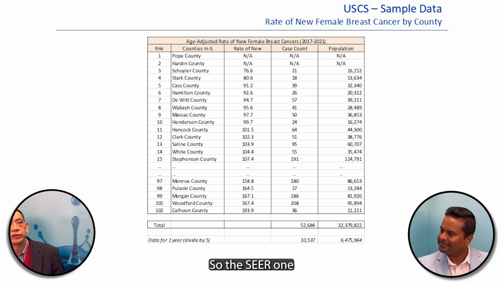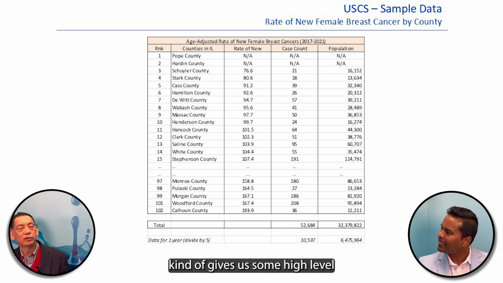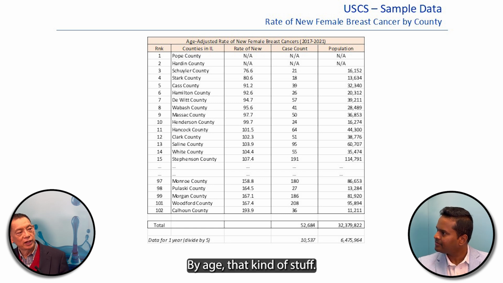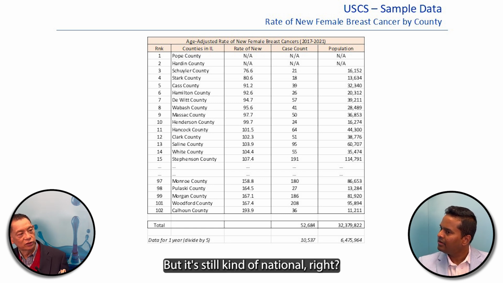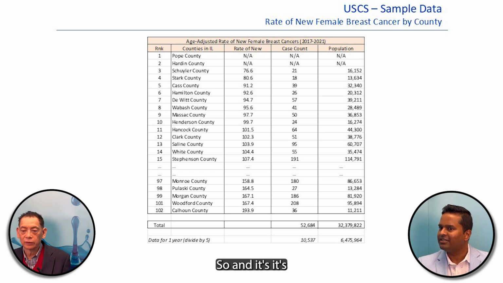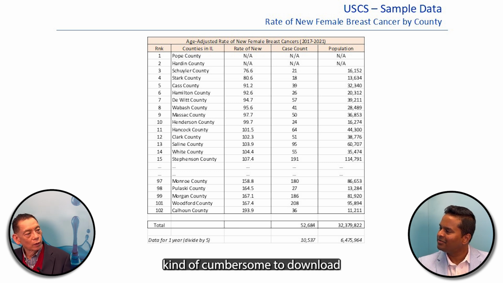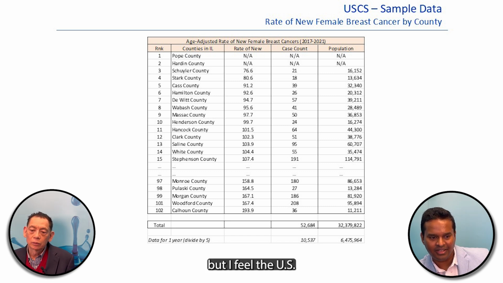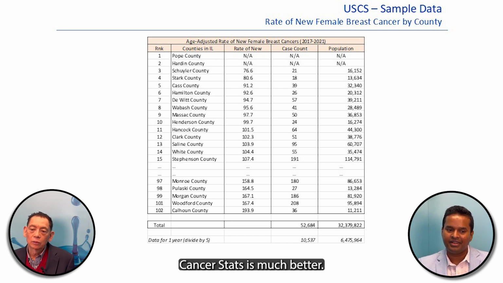So US stats. The SEER one gives us some high level national data, but then broken out by ethnicity, by age, that kind of stuff. But it's still national. They take the 22 registries, then they project it for the whole nation. And it's kind of cumbersome to download small files as well. I have a big Excel file I can show you, but I feel the US cancer stats is much better, where